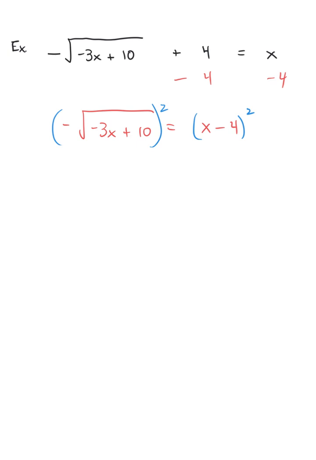So when I square this side over here, the negative squared becomes a positive. So you're left with negative 3x plus 10 is equal to, this is x squared minus 8x plus 16. And now you are going to put everything together. So we'll be left with a 0 over here, x squared minus 5x, because I'm adding 3x, and then plus